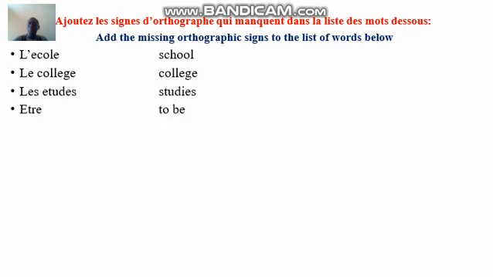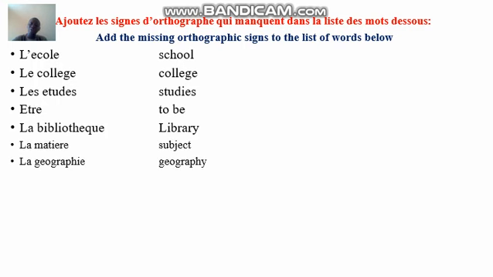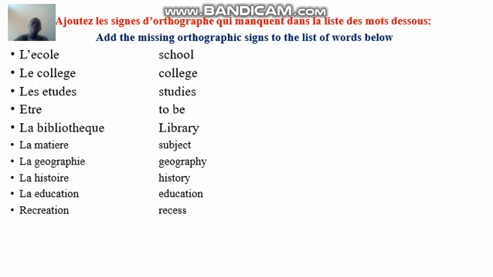You have être, put it there. You have bibliothèque, put it there. You have la matière, put it there. You have la géographie, put it there. You have la histoire, it's supposed to be l'histoire, so make it l'histoire. Then you have l'éducation, we have la education there, make it what it should be. Then you have récréation, put the accent that is missing there. We have règle, something is missing there. We have les élèves, something is missing there, two signs in fact, put them there, and then